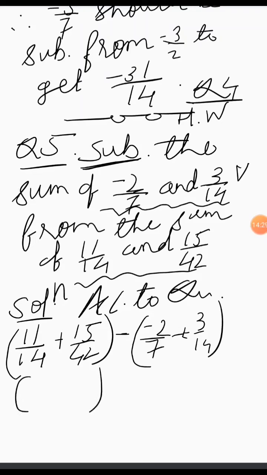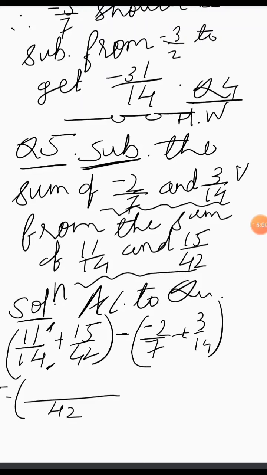Simplify the brackets first. Again, you know, here 42 will be the LCM. You know, you have to make the denominator equal. Okay, let me write it. Step is long. Take equal to sign. Now see, 42 is the LCM. Here by what you will multiply in the denominator? By 3. So here also you have to multiply by 3 to make the denominator equal.